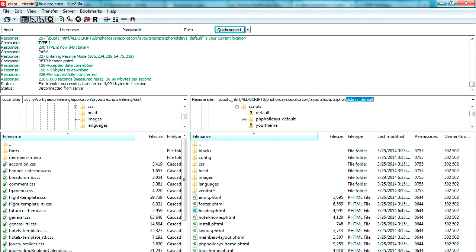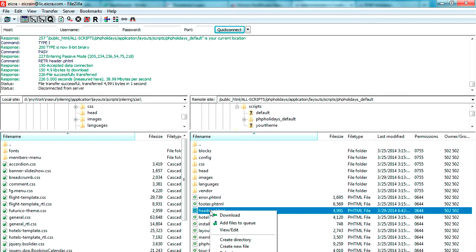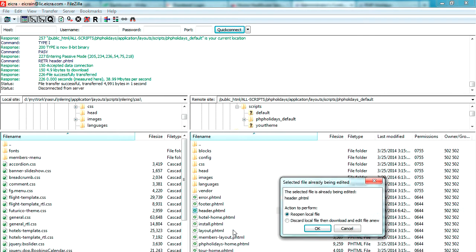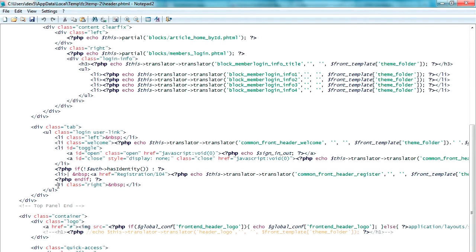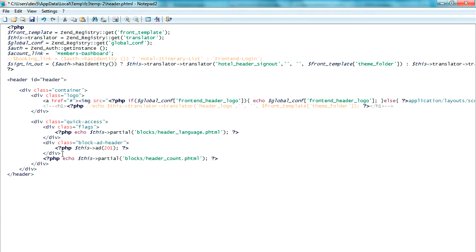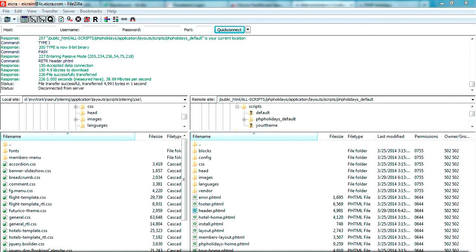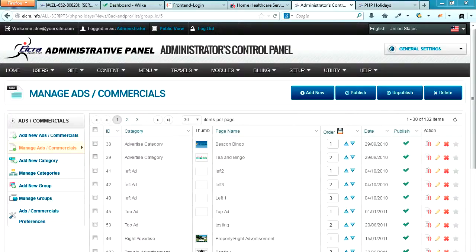For your case it can be your product underscore default. Under it, header.html represents the header part of your website. Now we will edit it. Log on to our FTP, download this folder, open it in your editor and open the header.html file. I just want to show you the area you would like to change. If you have not purchased the add-on, just delete this part and add your custom HTML or PHP, whatever you want, in the header PHP file. But if you have purchased our ad and commercial add-on, you can still do it through the administration part.